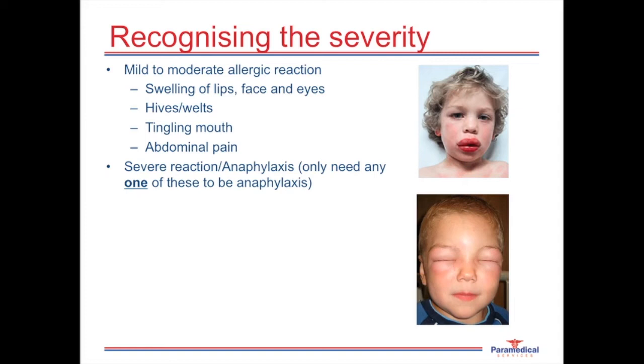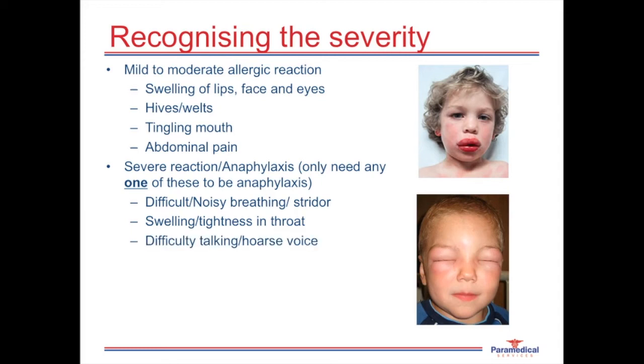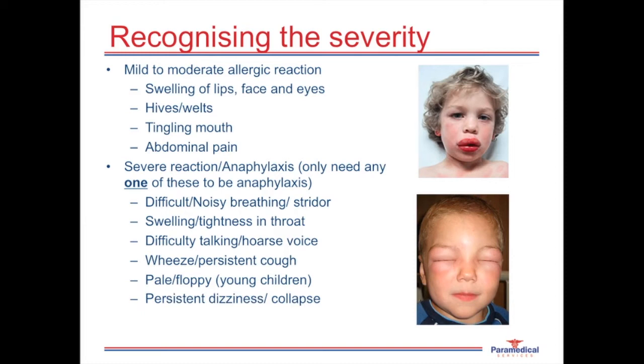Signs and symptoms of anaphylaxis, or the severe reaction, include any one of these: difficulty in breathing, noisy breathing or stridor, which is that high-pitched wheezing noise, swelling around the lips, the tongue, and the throat, or if the patient states that they're experiencing tightness in their throat, difficulty in talking or a hoarse voice, wheezing or persistent cough. In young children, they may appear pale and floppy when displaying signs and symptoms of shock,